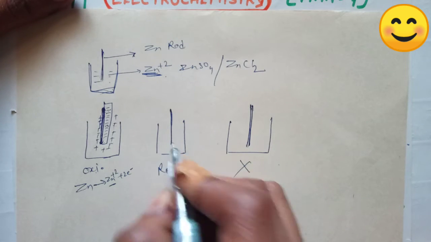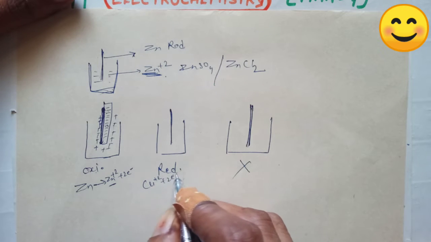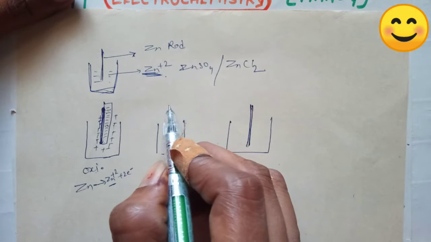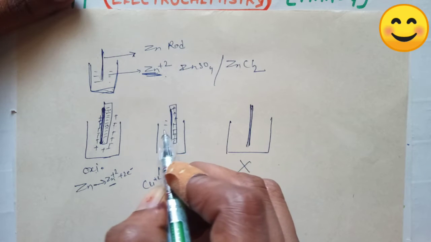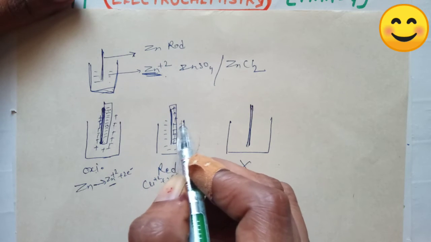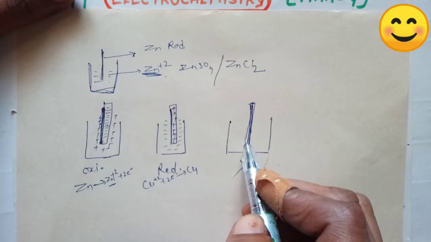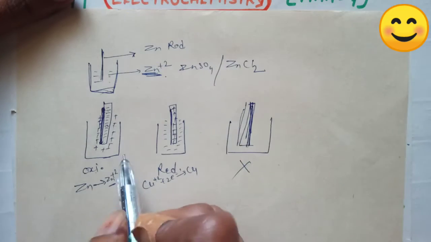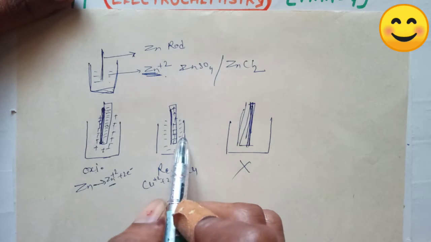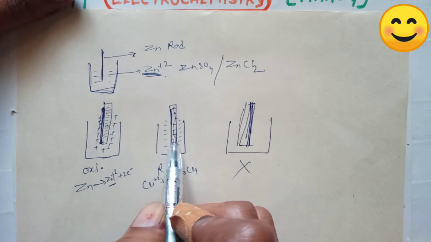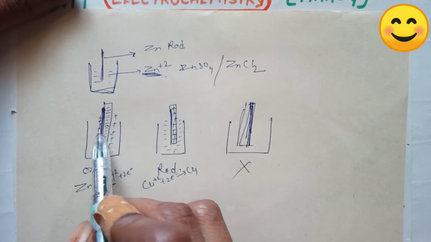If reduction takes place, for example, as we discussed in the general cell, Cu2+ gains 2 electrons to reduce to Cu, then the rod becomes positively charged and negative charge collects around it. If there is no reaction, then there is no charge on the rod. Thus, due to oxidation or reduction, the rod becomes negatively or positively charged, and due to this a double charge layer is formed.